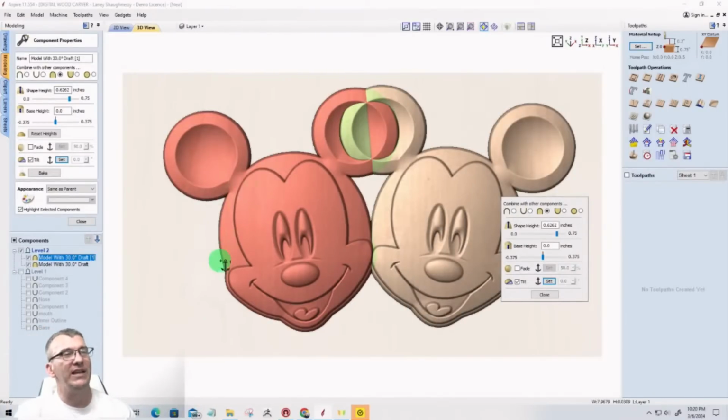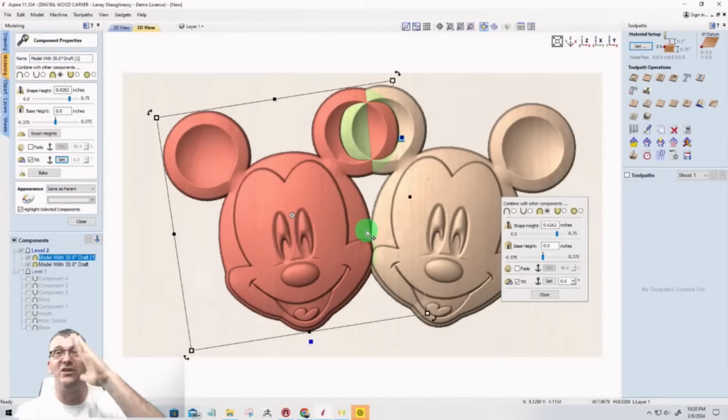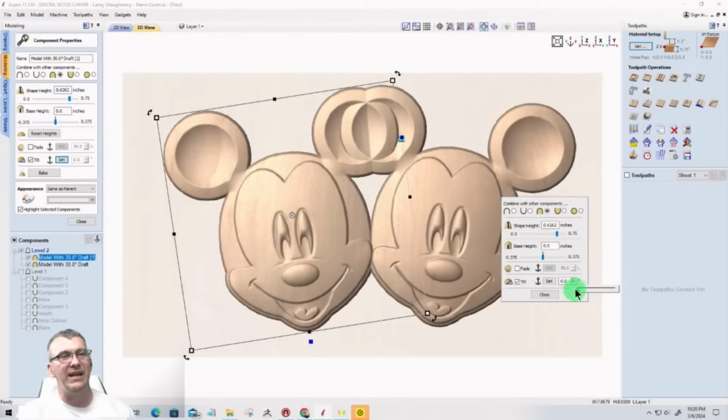So my first click needs to be over here on the left side of the face because I need that to be the thin part of the wedge. And my second click needs to be over here on the thick part of the face. That's where I need the thick part. I need to tilt it up there. So when I change the tilt angle